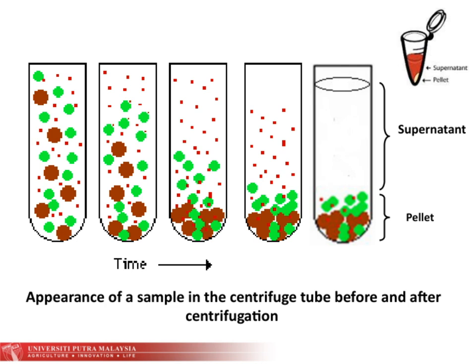On this slide, you can see a sample in the tube initially, where the components are still mixed together. After centrifugation, you notice a clear separation. The pellet, which is the solid material that has gathered at the bottom, and the supernatant, the liquid that remains on top. This separation is crucial because it allows us to isolate specific parts of the sample for further analysis